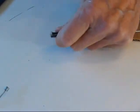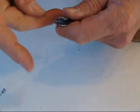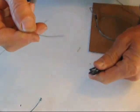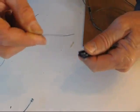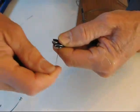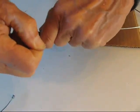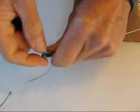And then we take our thread, any kind of thread. I'm just going to use this black. This thread is for tying eyes onto fishing rods, and it's quite strong. So you just have about 3 inches extra, and you just start wrapping. And as you wrap, you pull, making sure that those grippy parts are out,